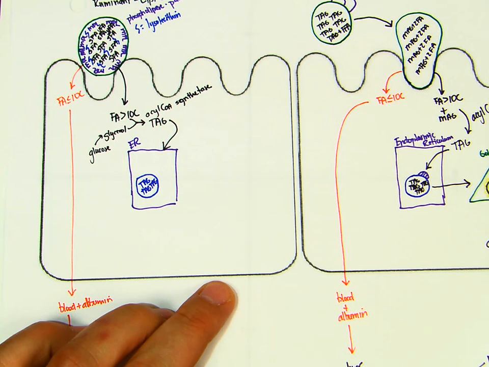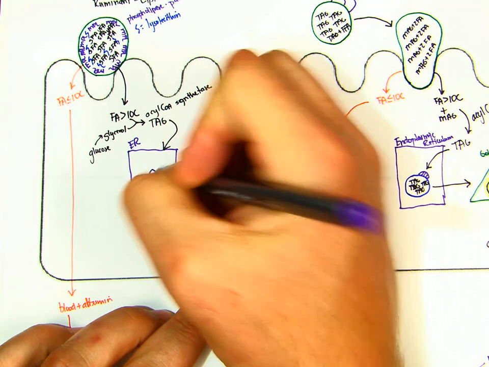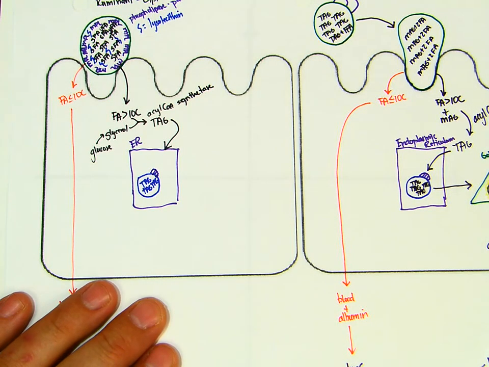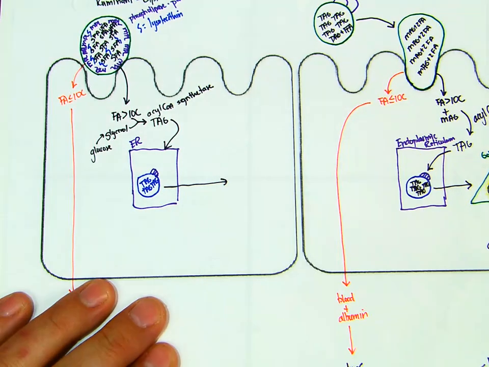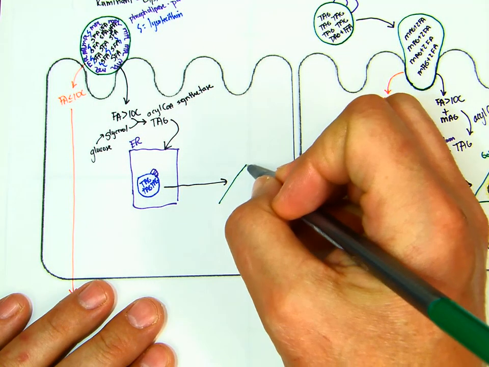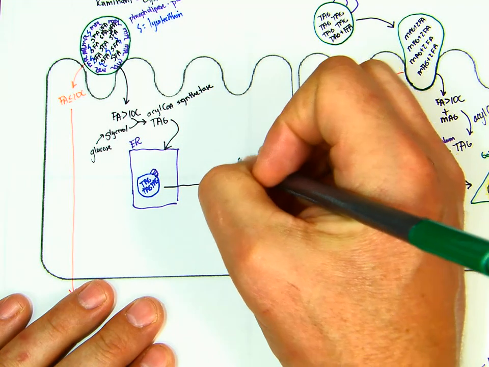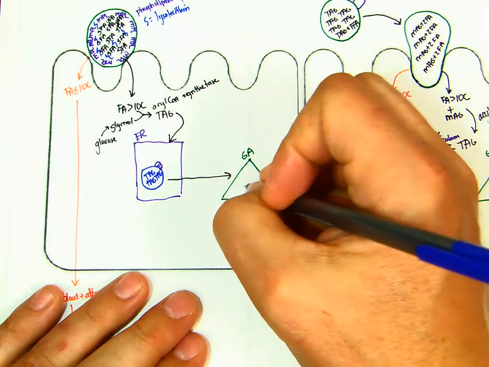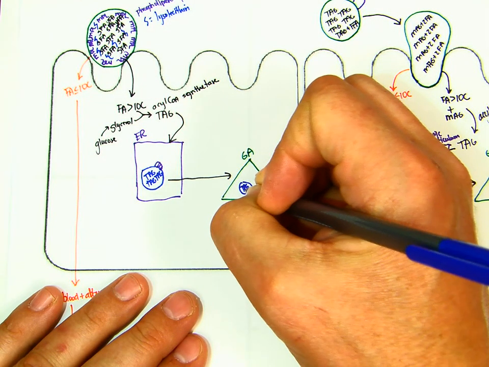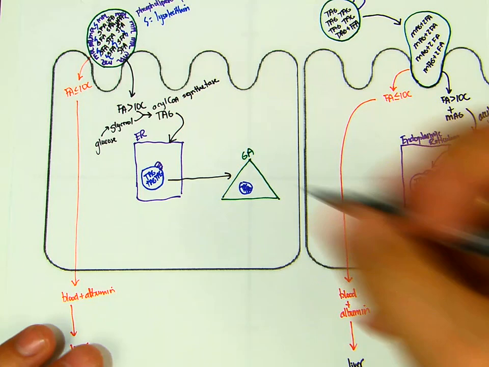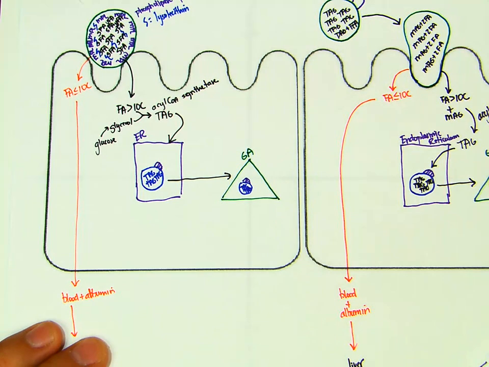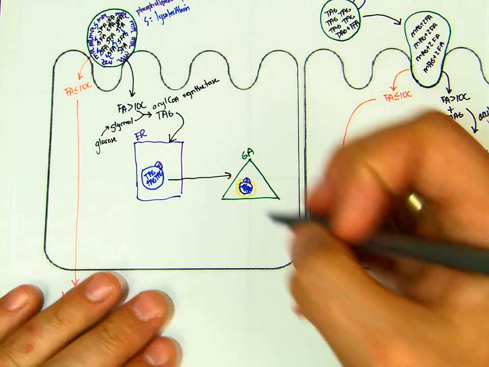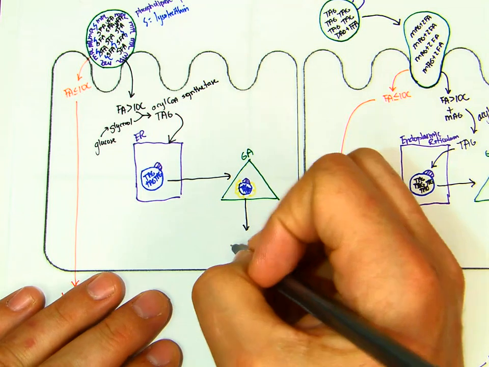Okay, we attach the protein, B48, and then this jobby goes to the GA, the Golgi apparatus. So make a triangle. Another fat droplet. I didn't make it very big, so that should be full of TAG. Stick the protein on it. Put carbohydrate on it. We should be getting good at this by now. And then we end up with a chylomicron,